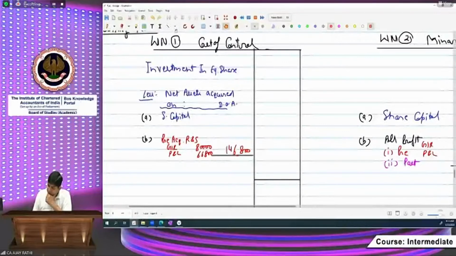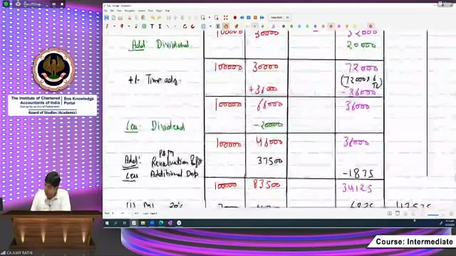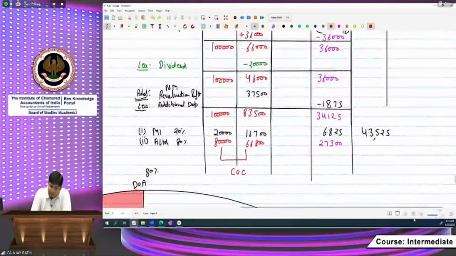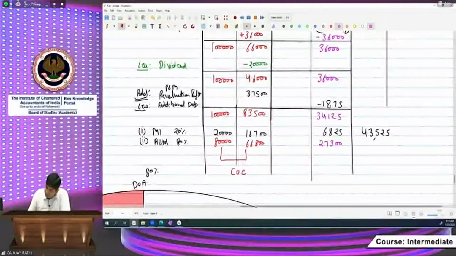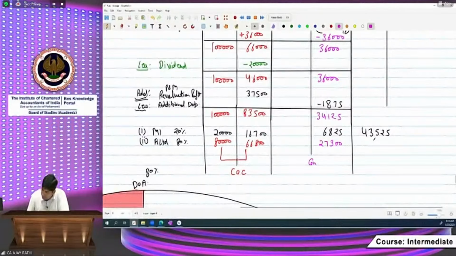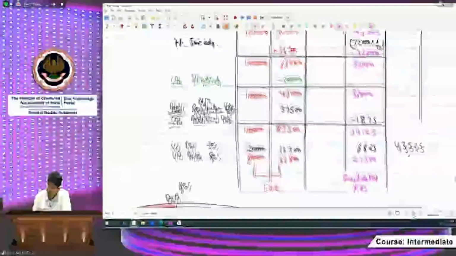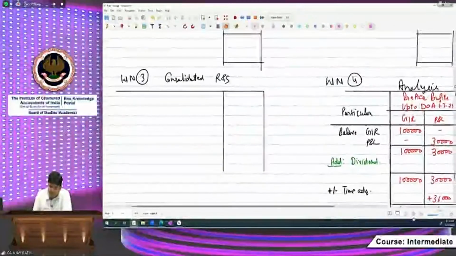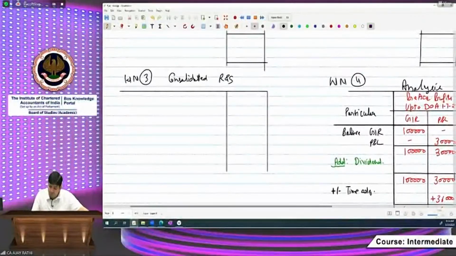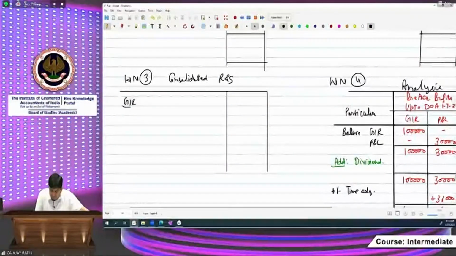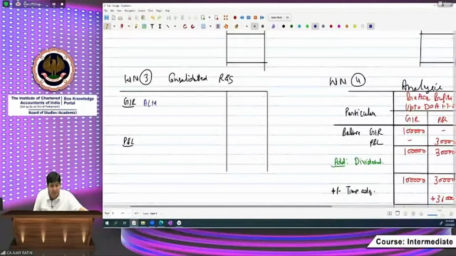Another point is there for this. For the holding company's part in the post-acquisition period, that is to be shown in consolidated reserves and surplus. 27,300. Beta, very consolidated reserve and surplus. Here there are 2 points, that is general reserve and profit and loss. And of course, there will be 2 figures. One is of its own A limited, and then from